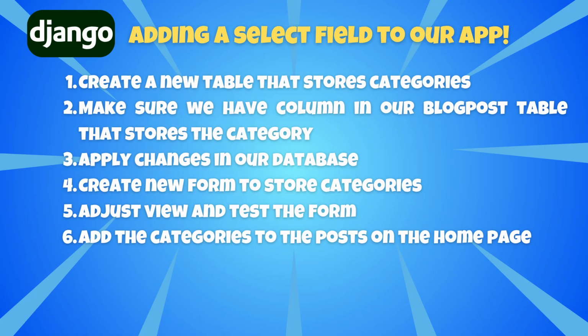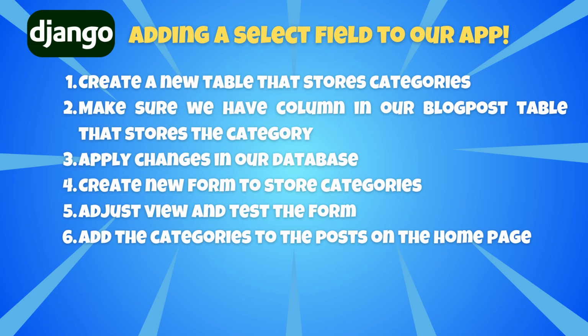And as mentioned, we are going to add a field called categories where we can pick a category for each of the blog posts. To realize that, we will follow 6 steps. First, we're going to be creating a new table in our database that is going to store all of the categories that users can pick from. Then we're going to add a column in our blog post table that stores the category that is assigned to the post. Next, we will apply the changes in our database so that our database has the correct structure,